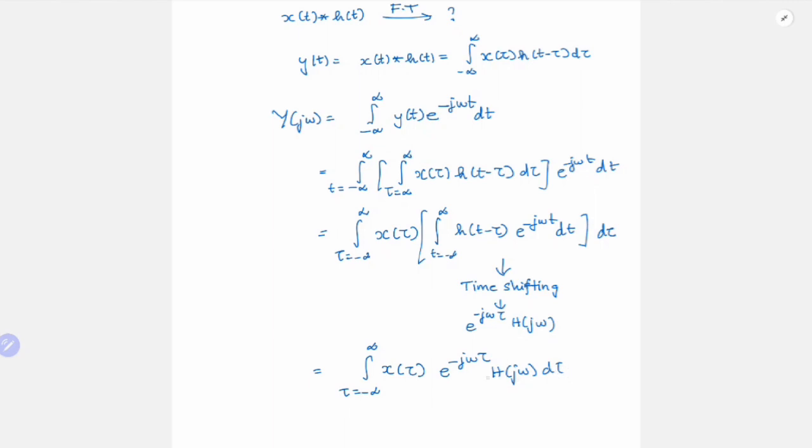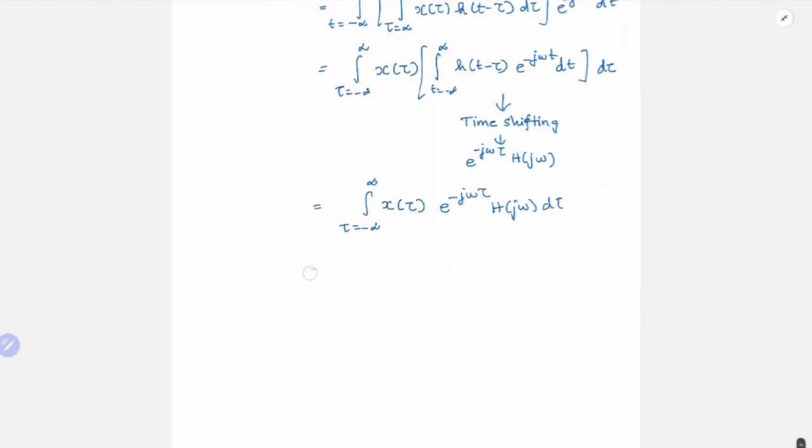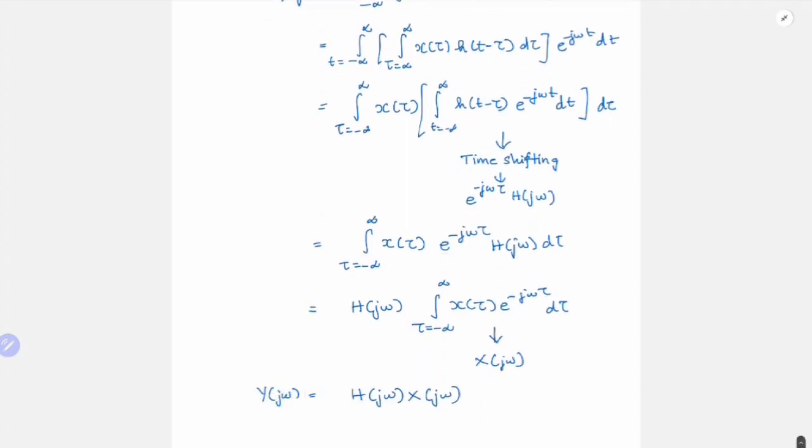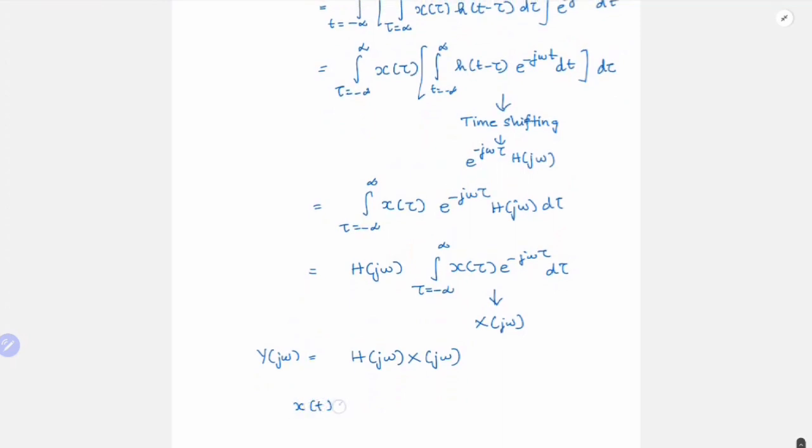H of j omega does not depend on tau, so we can take it outside the integral. So we have H of j omega, integral from tau equal to minus infinity to infinity x of tau e power minus j omega tau d tau. This is again nothing but your Fourier transform of x of t, which is X of j omega. So I get H of j omega into X of j omega. So Y of j omega is this. So what does the convolution property transform into? It transforms into multiplication in the